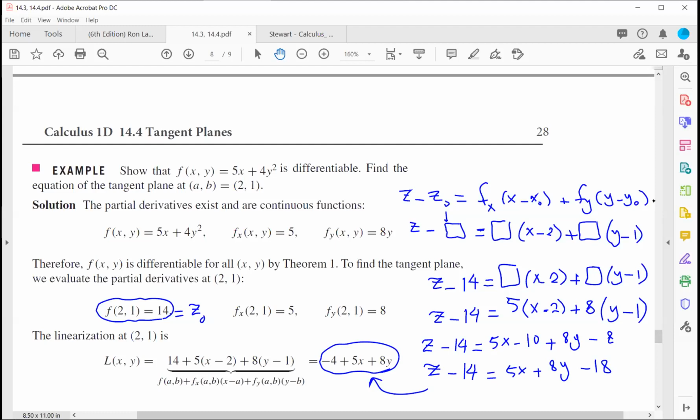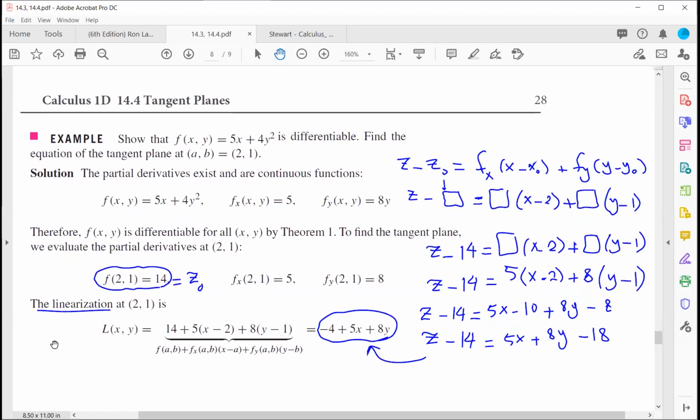This is also called the linearization of the function at point 2 and 1. Exact same thing as your tangent plane. Okay, we can look at